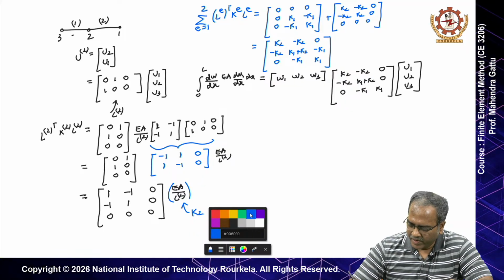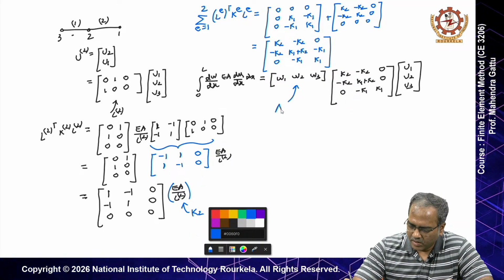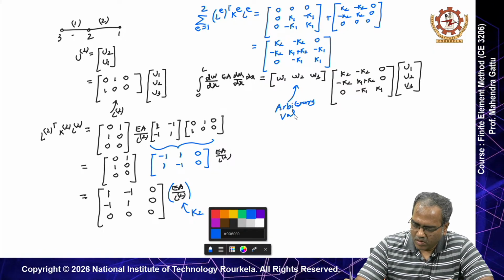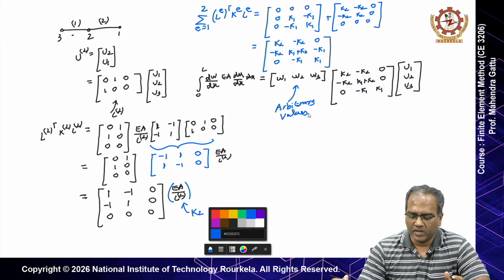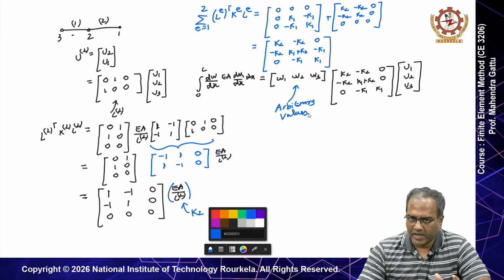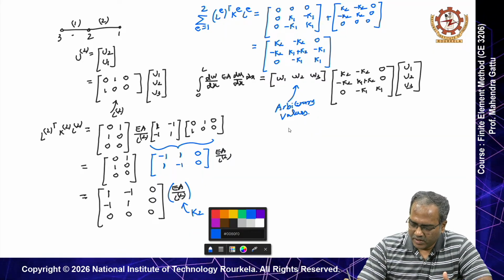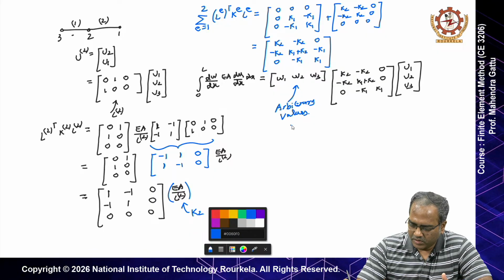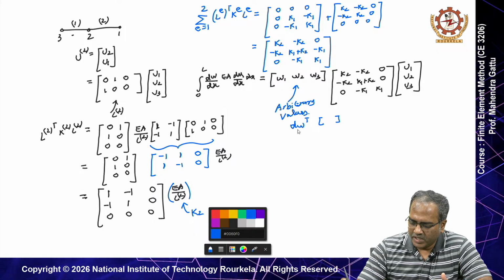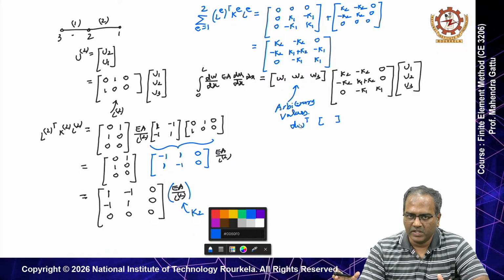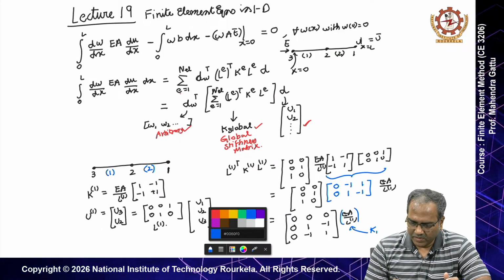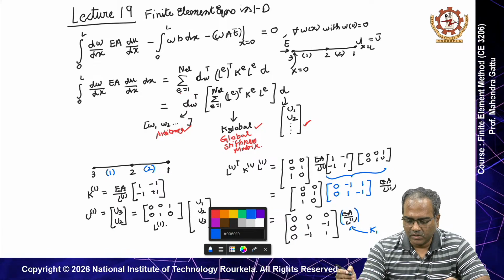So, these are arbitrary values, and we will work with them when we evaluate the next expression also. We will write the expressions like this. We will have these arbitrary values, so that dw transpose, and then there will be a matrix. We can take the dw transpose term out, and then we will get a set of stiffness matrices, stiffness equations. Okay. So, the first term we are done completely, and now let us look at the second term,